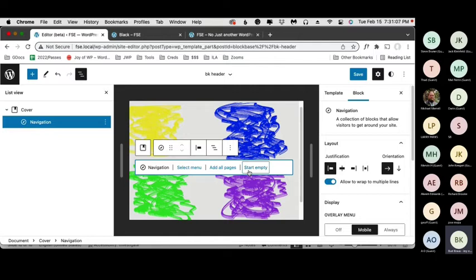And it's very easy to get confused between navigation and query loop, which I'm not going to show unless I get begged to show. But it's very easy to get those confused. You think that those are templates. Those aren't templates. Those are blocks. Okay, so